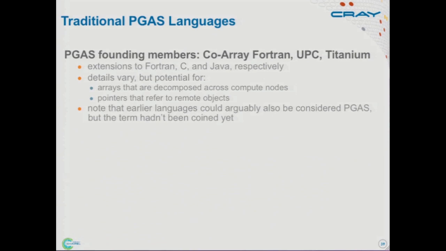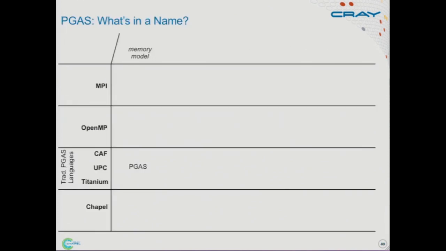A lot of people, when they hear about these three languages, think, oh, these are just the Fortran, C, and Java dialects of the same language. That's a reasonable assumption to make, but it's incorrect. So this is my version of a slide. Kathy had something similar to this that I hadn't seen before, but I liked because she had pictures.